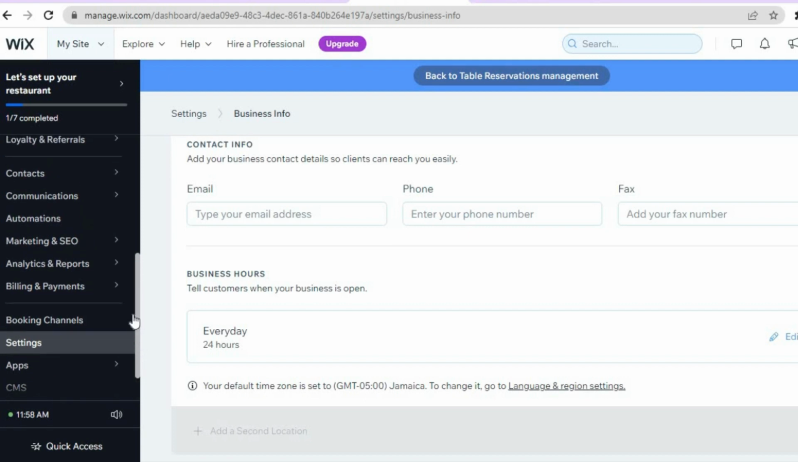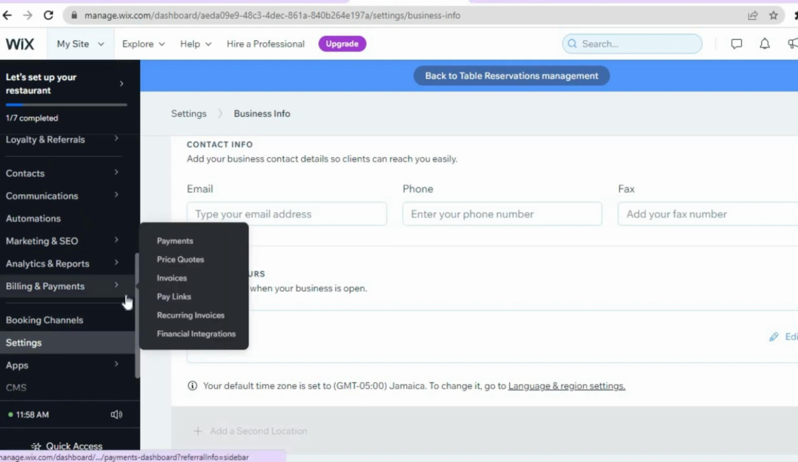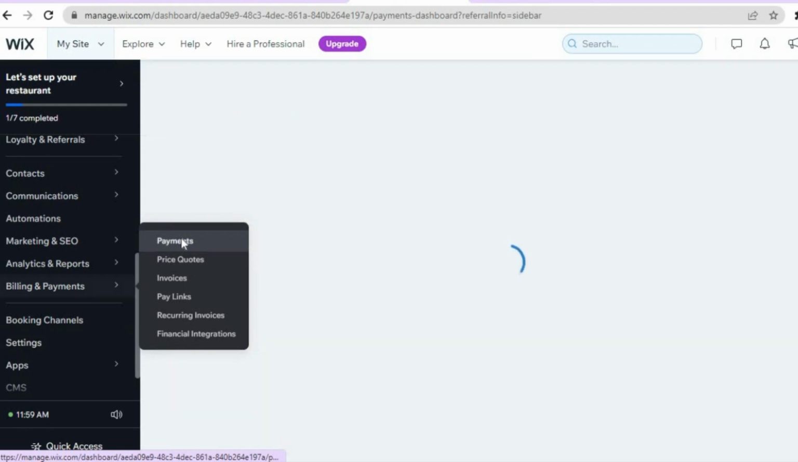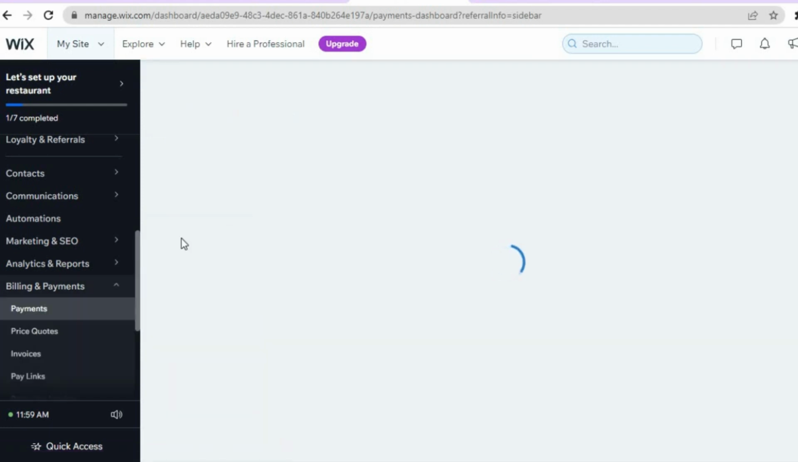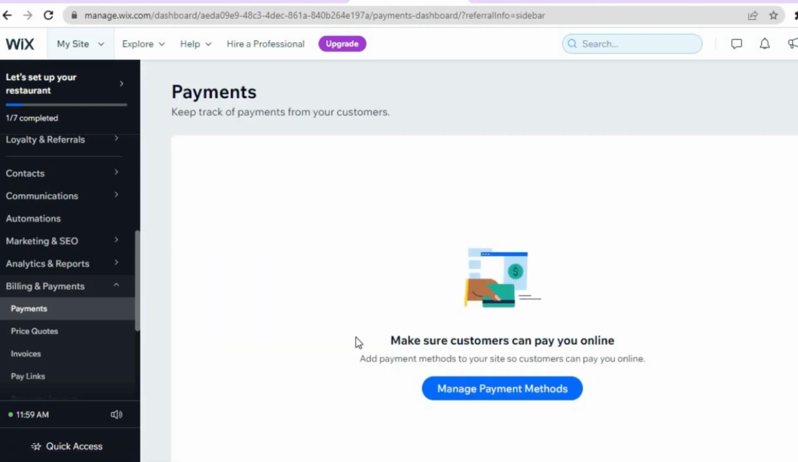After you have done all of that, so customers will now be able to make reservations, I want you to go over to the left-hand menu option again, hover over billing and payments, and from there you're going to tap on payments. After tapping on payments, you'll now be able to set up the different payment options that you would like to offer on your website. So you're going to tap on manage payment methods,